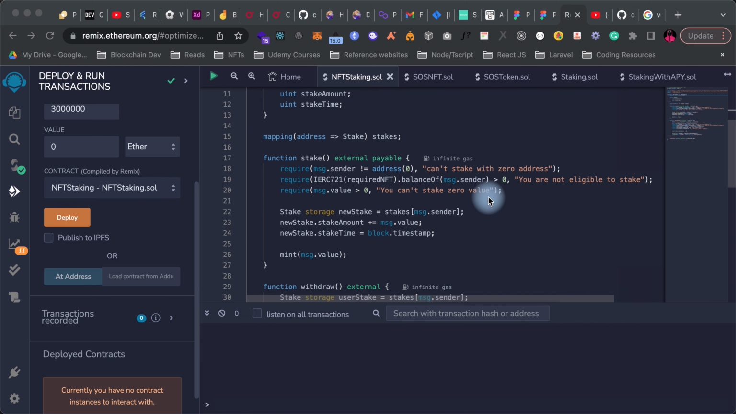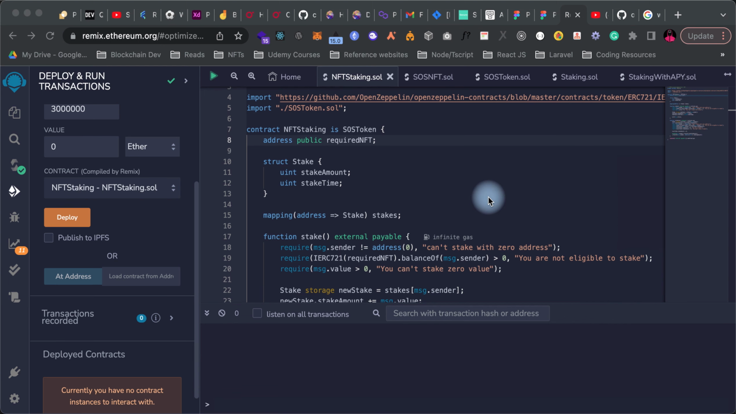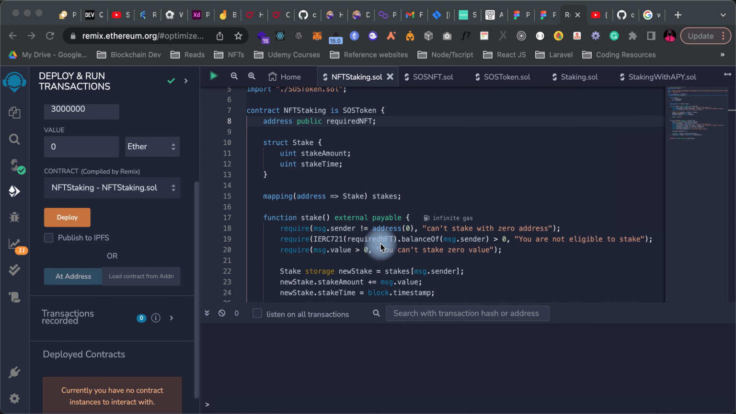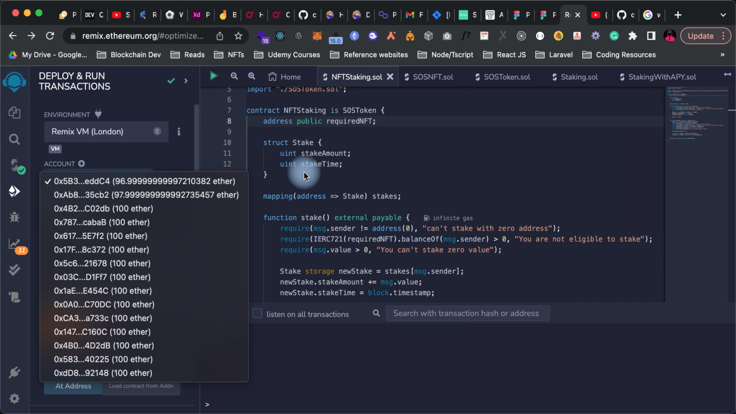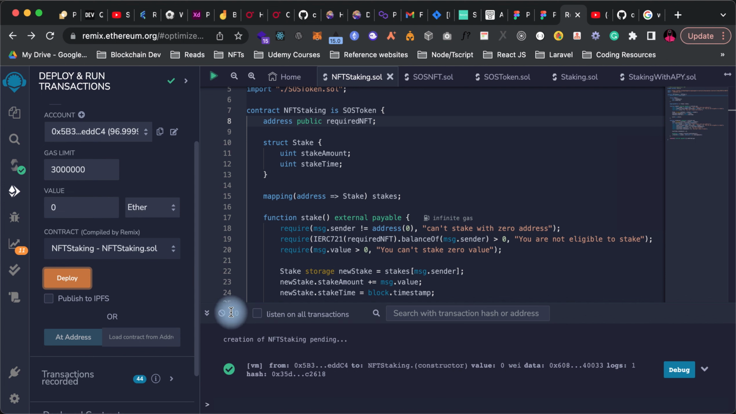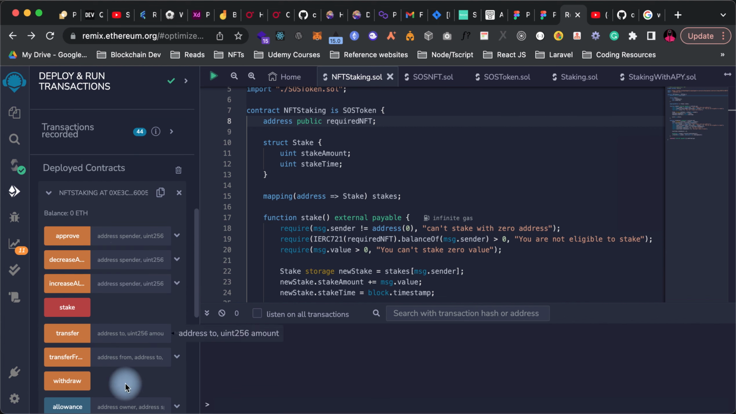So I said, let me now try to fix the bug in this contract we were working on earlier. First of all, let's check if we still have our error, right? So let me deploy this contract. I'm using this first address. When we deploy this NFT staking contract, it deployed. So let me clear this. If I come here and I try to stake,